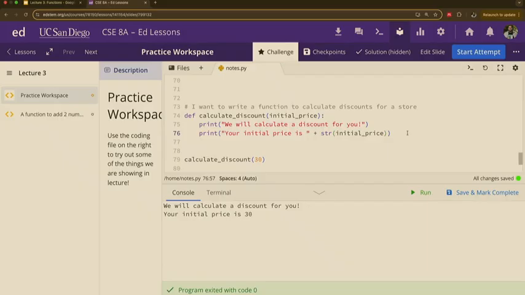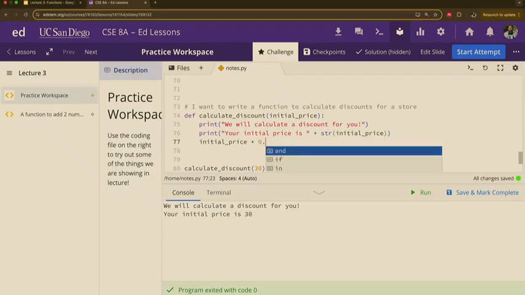So now, what we can do is initial price times 0.9. 0.9 is going to give us 90% of the initial price, which means that we're taking away 10%. Does that make sense so far, mathematically? Yes? Okay, great. So now we have initial price times 0.9. We're basically taking 10% off.